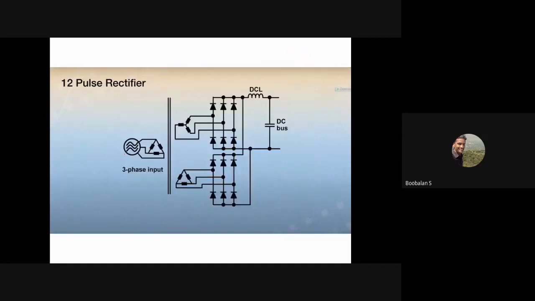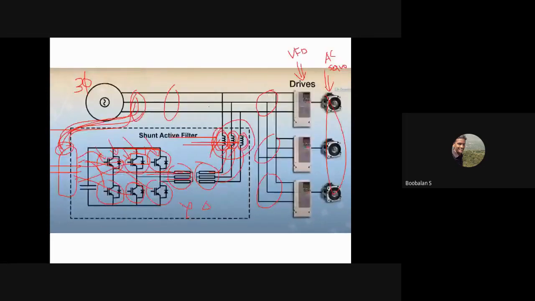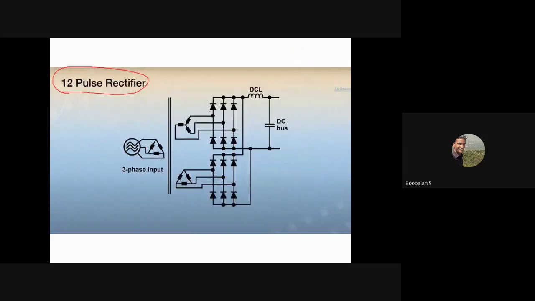It is called a 12 pulse rectifier. You could see we were using only 6 IGBTs, but here we are using 3, 6, 9 and 12. 12 switching devices we are using. The same way, the input power supply we are using over here, and after that we'll have a phase shift transformer. So for example, watch carefully.